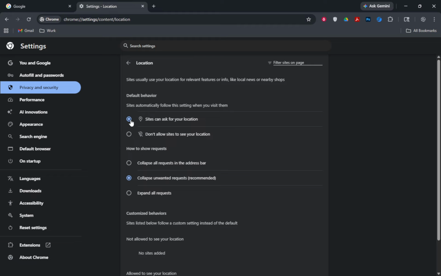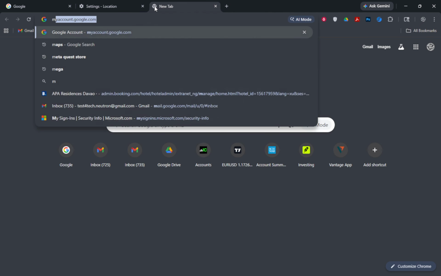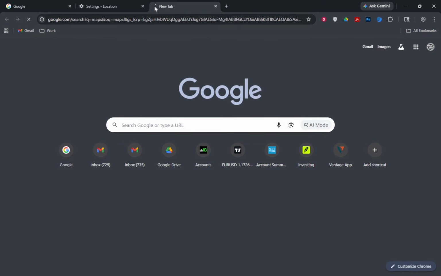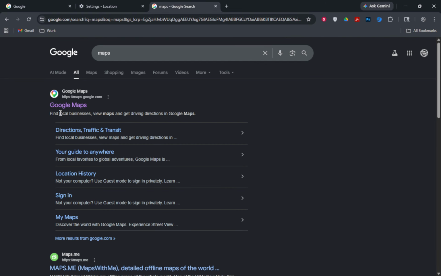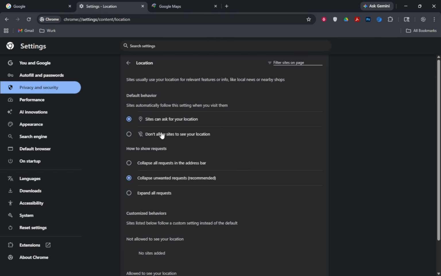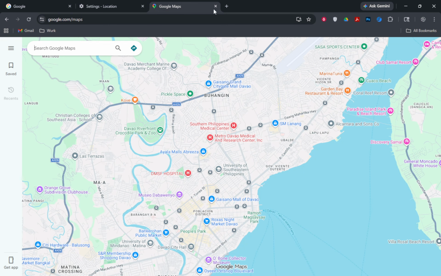Turning it on allows Chrome to request your location when a site needs it, while Ask before accessing keeps you in control by showing a prompt each time. Either option ensures sites can request your location when necessary, and you can decide to allow or block on a site-by-site basis. If you only need to allow a particular website, or if a site was previously blocked, you can adjust it from the page itself.